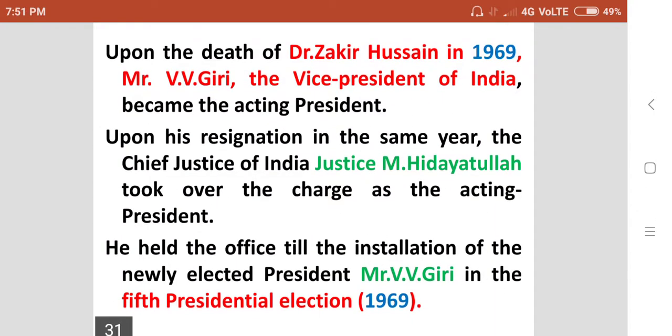So here one incident happened in 1969. Upon the death of Dr. Zakir Hussain in 1969, Mr. V.V. Giri, the then Vice President of India, became the acting President. Upon his resignation in the same year, the Chief Justice of India, Justice M. Hidayatullah, took over the charge as the acting President